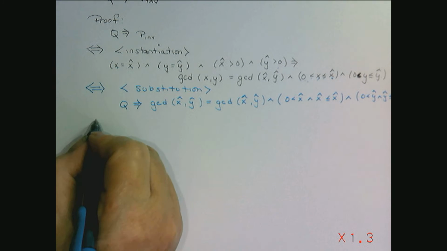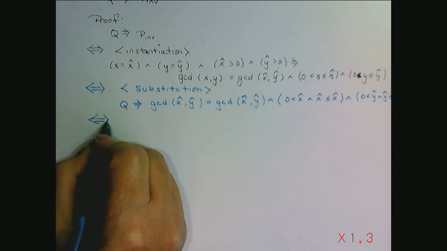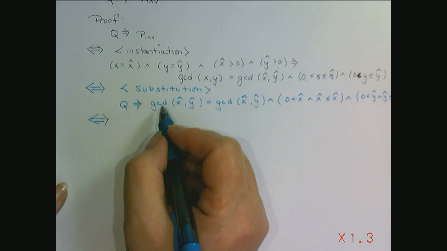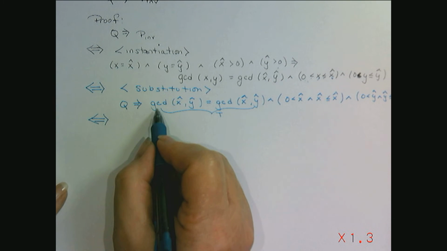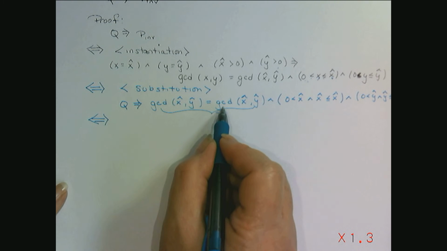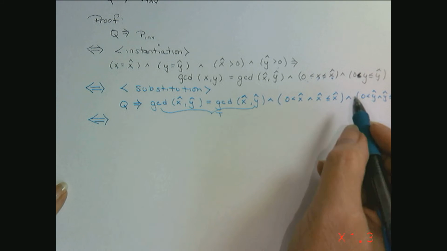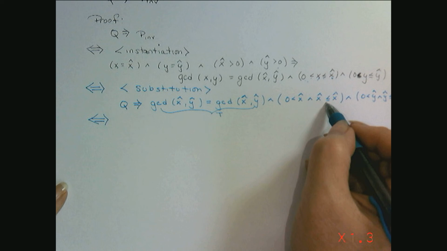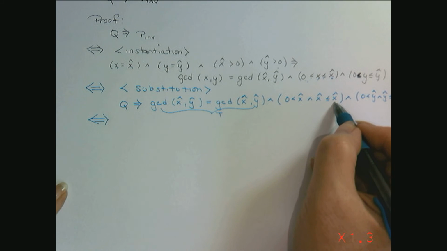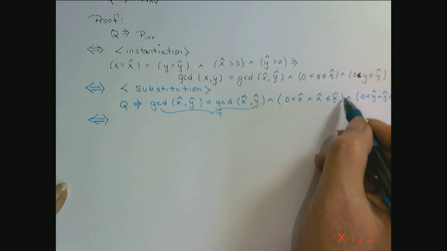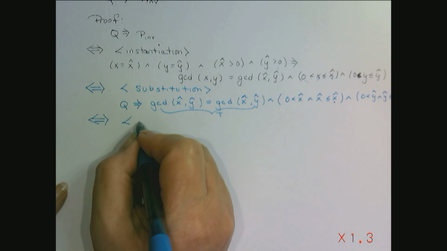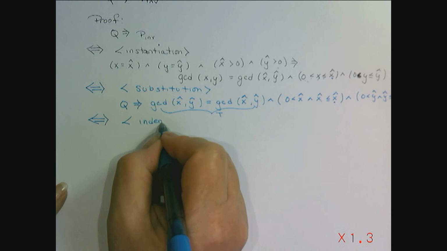Now I can do some simplification because I know by identity this is true, that the GCD of x hat, y hat is the same as the GCD of x hat, y hat. I also know that x hat is less than or equal to x hat by identity, or you might think of it as algebra or arithmetic. It doesn't matter what you call it. The idea is x hat is equal to x hat, so it's less than or equal to x hat. So I'm going to say by identity,